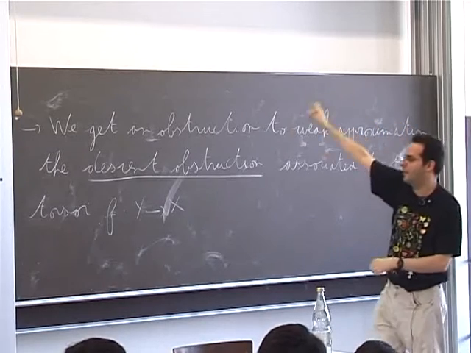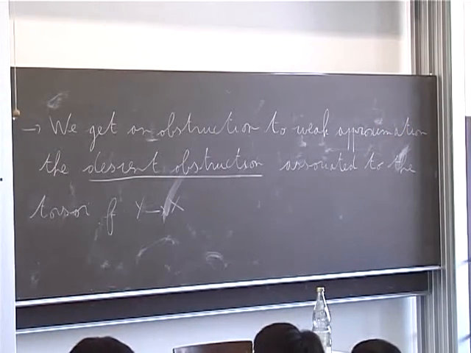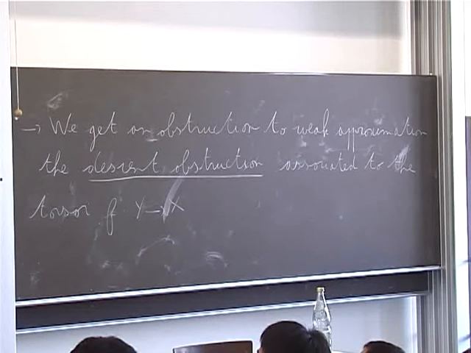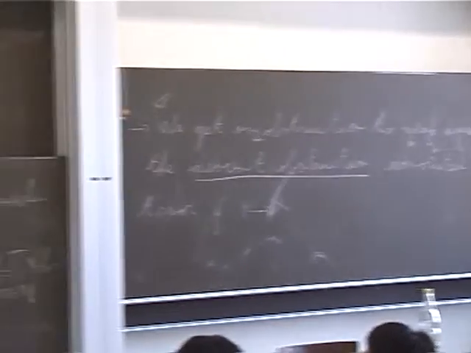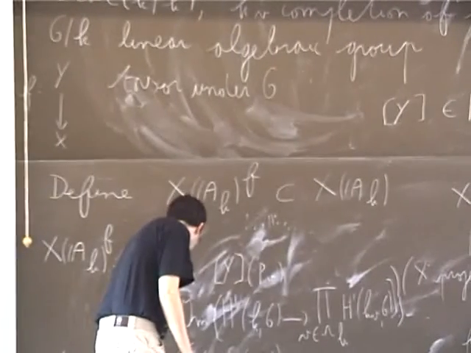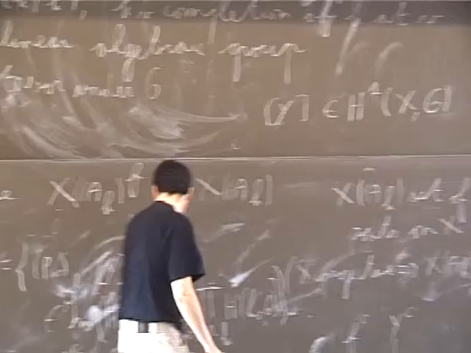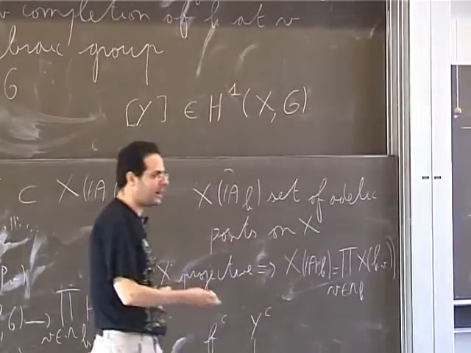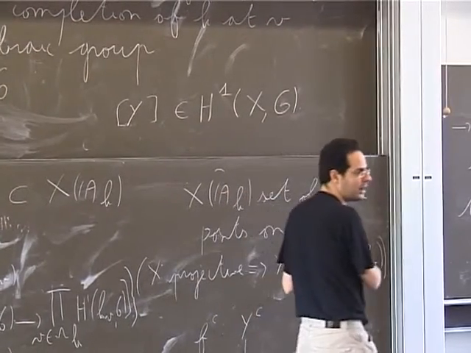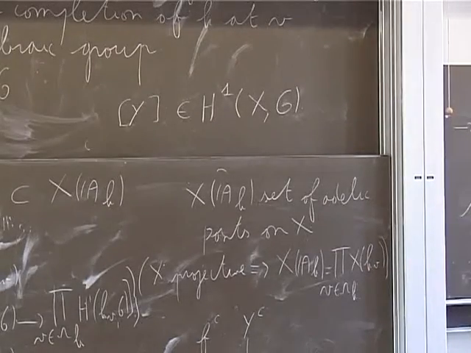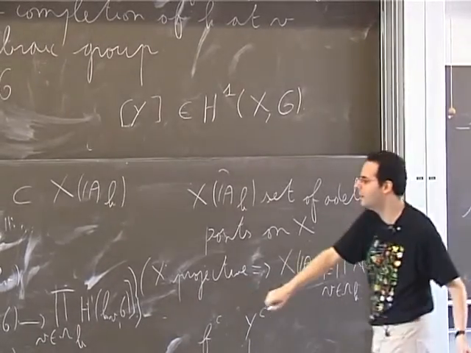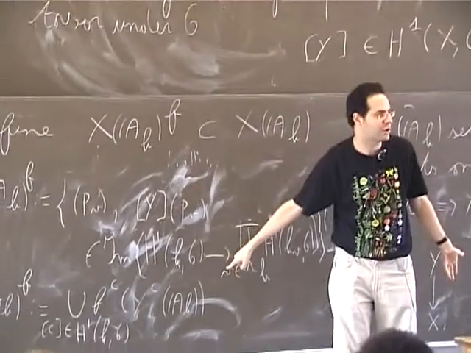The point is that when you describe this set X(A_K)^f as a union of these sets, the images of the adelic points on the twisted torsors, it is easy to show that each of these is closed. But what you have to show is that this union is actually a finite union, that only for finitely many cohomology classes C, this set is non-empty. So this is the part that uses the finiteness theorem by Borel-Serre. If you prefer, the theorem should be stated as: this is a finite union if X is projective.